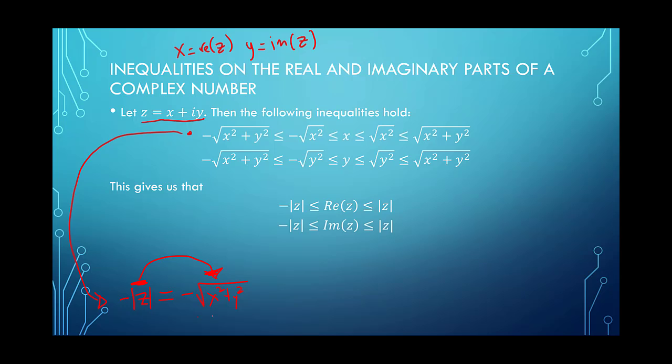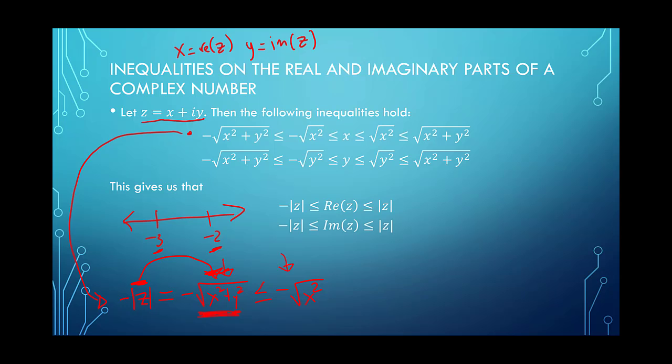Okay, now notice that this number is a negative number, right? We have x squared plus y squared on the inside of a square root, so we know that that's going to be positive, and then we have a negative on the outside. So this is certainly going to be less than or equal to, since y squared is positive and the whole number is negative, minus the square root of x squared. Because if we get rid of y squared, we're making it a less negative number. So if we think about a number line, we're making it possibly something like this, where maybe the square root of x squared plus y squared is 3, and the square root of x squared is 2 or something, so that when we put negative signs, this one is less than or equal to this one.